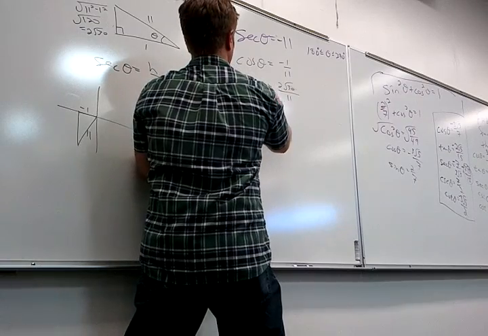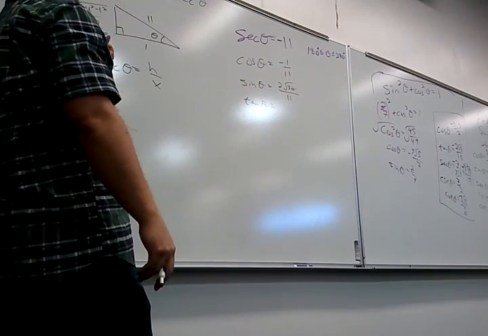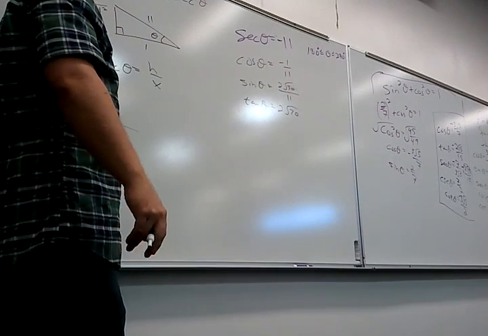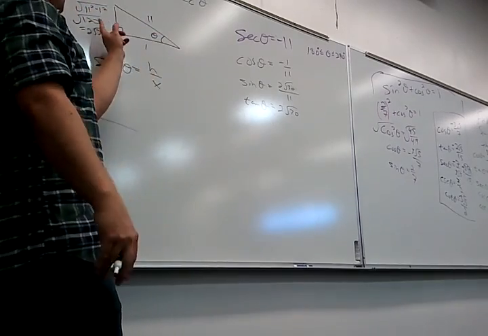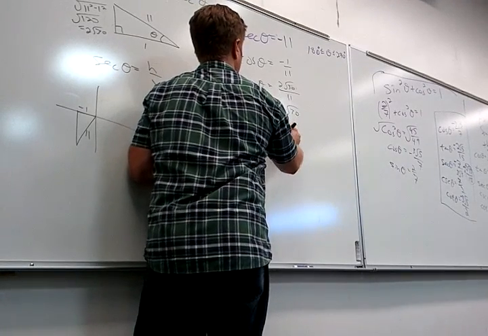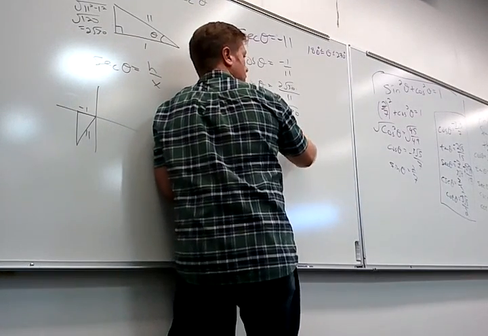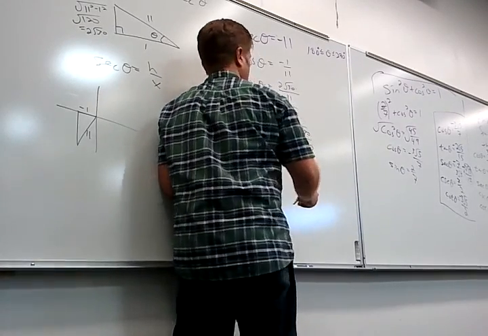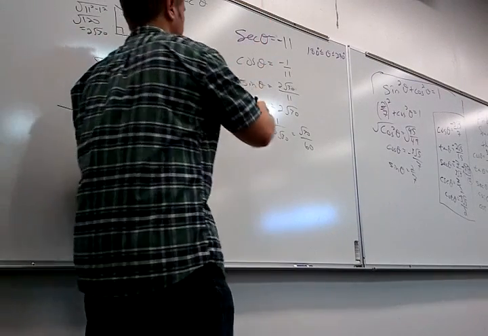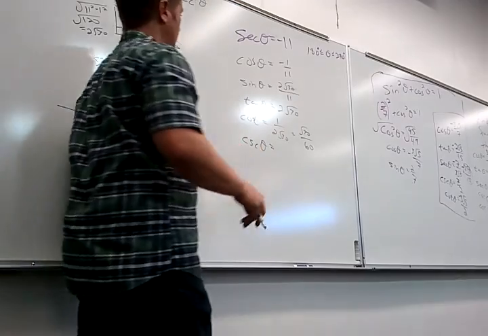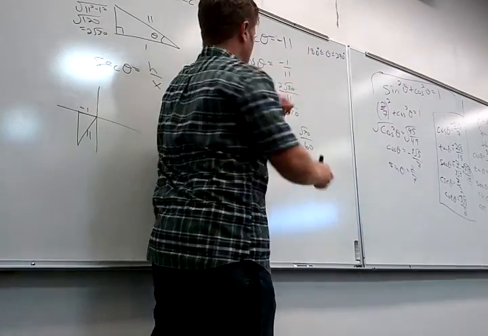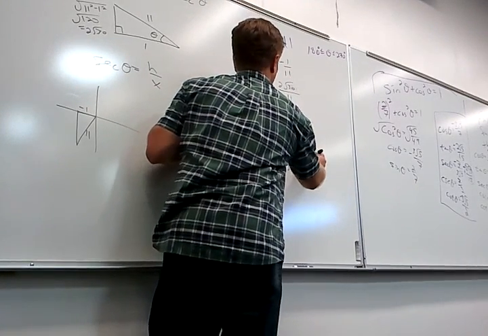Where else do we go here? Tangent. 2 square root of 30 over 1, so just 2 radical 30. We okay so far? Because tangent's y over x. And then cotangent would just be 1 over this guy. And then when I rationalize it, and there's one last one. Cosecant will be -11, 1 over this guy. And then when I rationalize it,